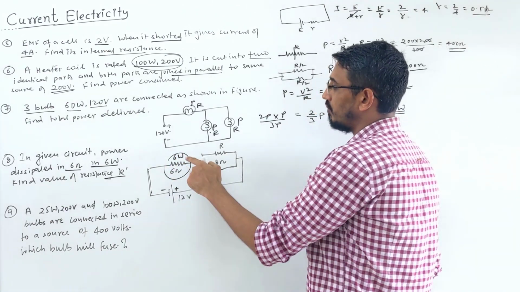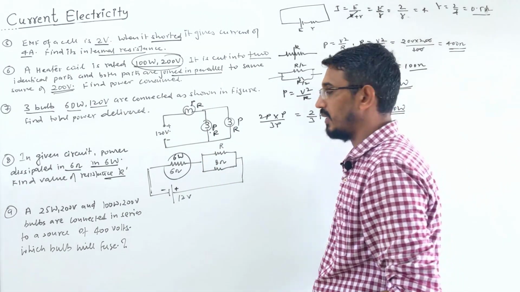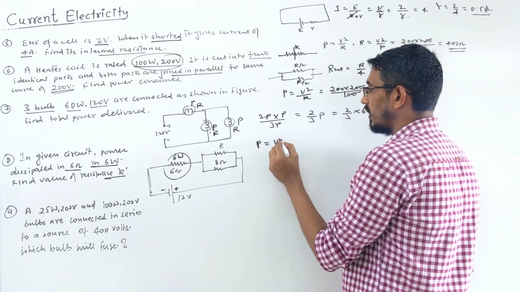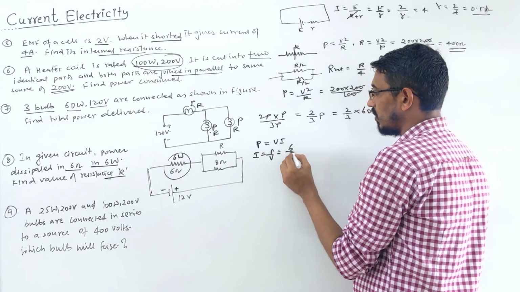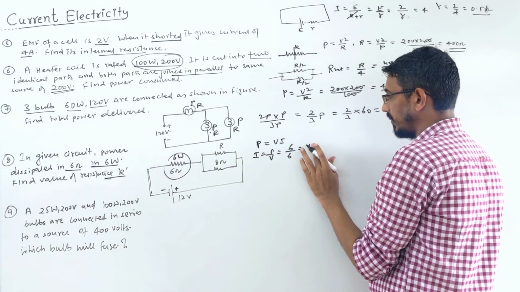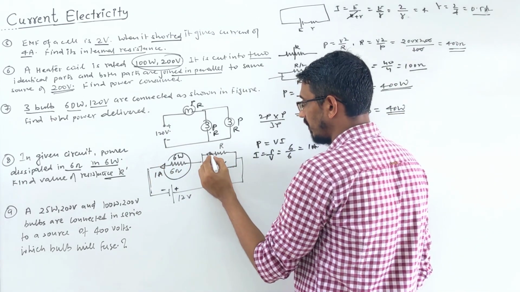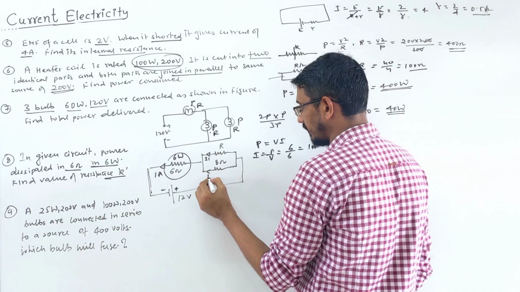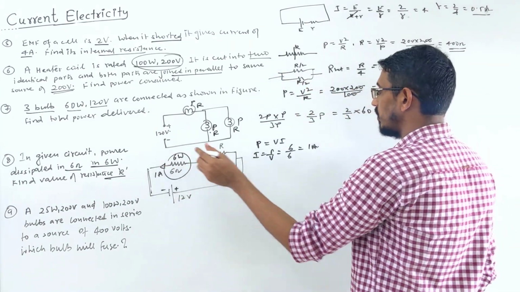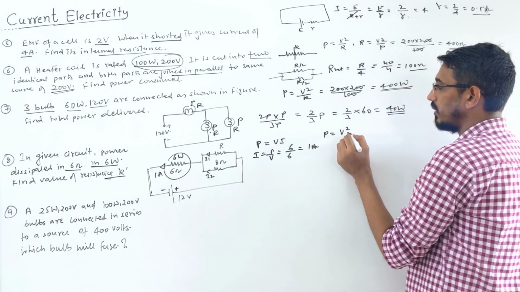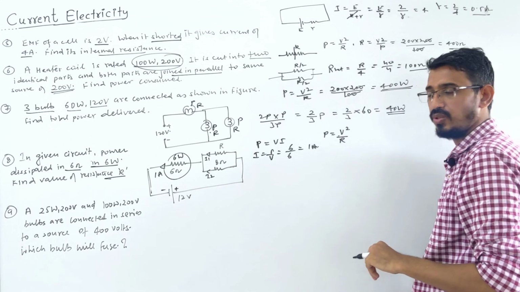In this, we know the power here, we know the resistance here, we can find the voltage drop and what? The current flowing, right? Power is V into I, right? So I is P by V. 6 watt by 6 ohm is 1 ampere. So the current flowing in this branch is how much? 1 ampere. This is coming from here, right? Let's call them I1 and I2. It joins here and becomes 1 ampere. What is the voltage drop here? Again, power is V square by R. You know the resistance, you can write anything.